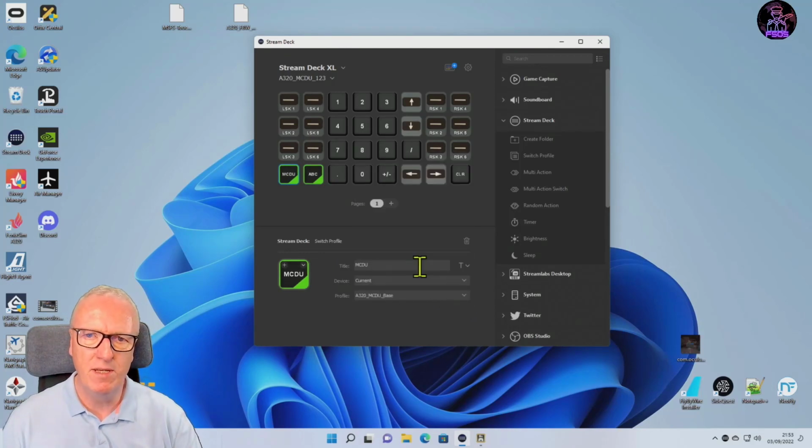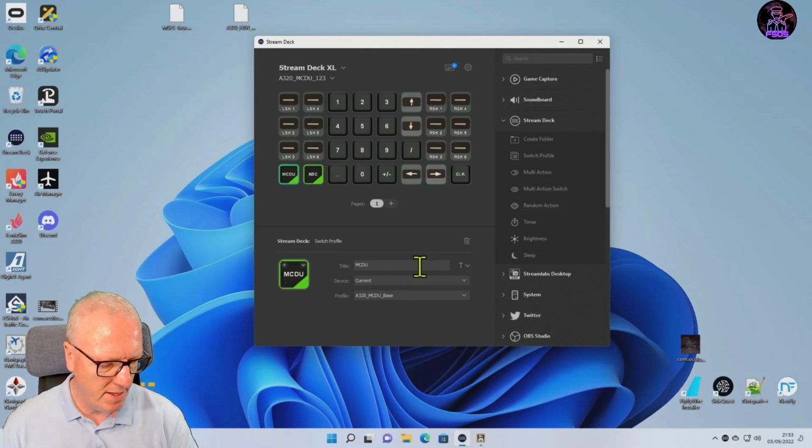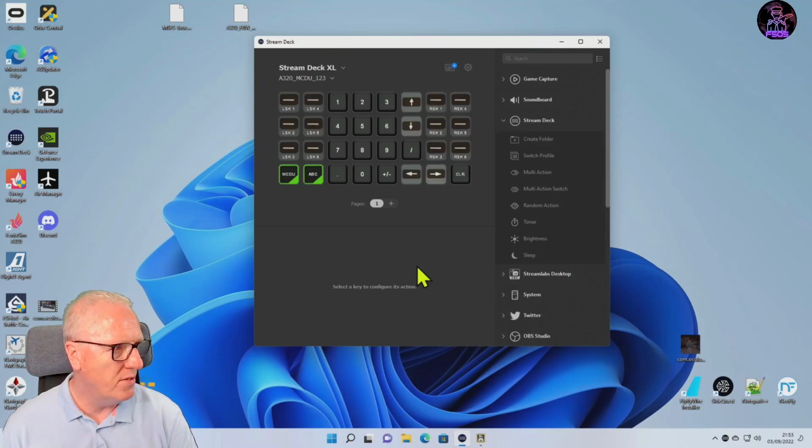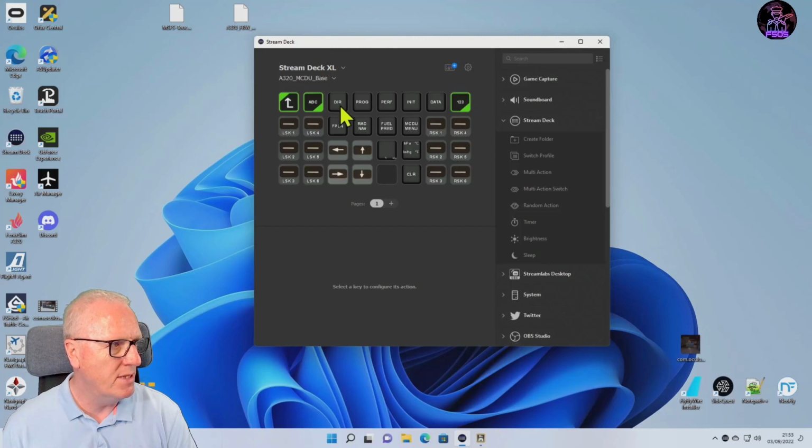Did that make sense? I hope so. Test both of those buttons. Press the ABC, takes me back to where I was. Press the 1, 2, 3, I'm into there. MCDU button, does that take me back to the MCDU? It does. This up button,